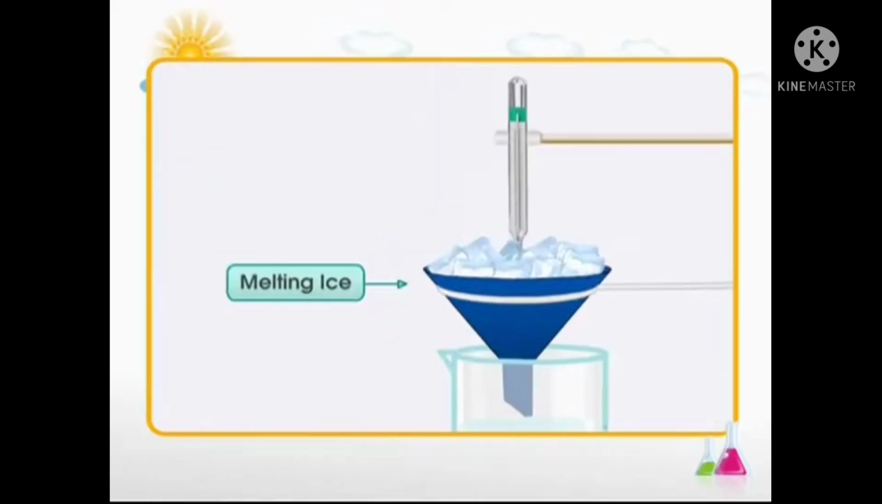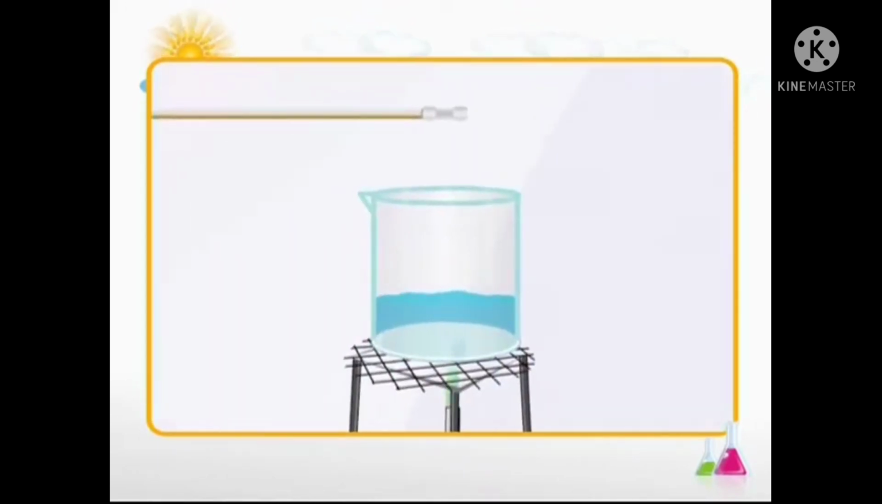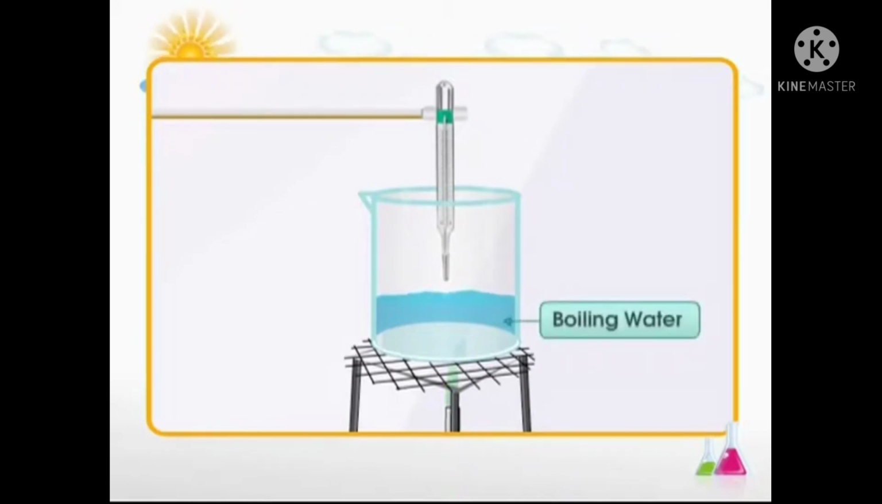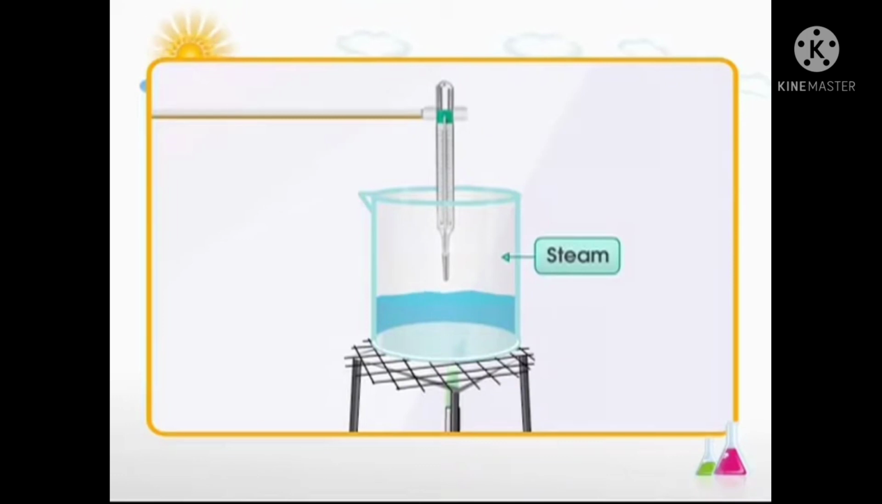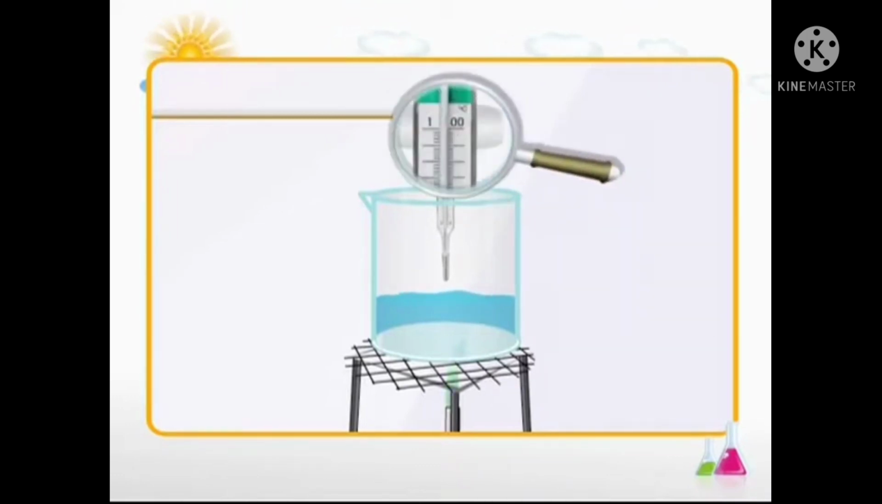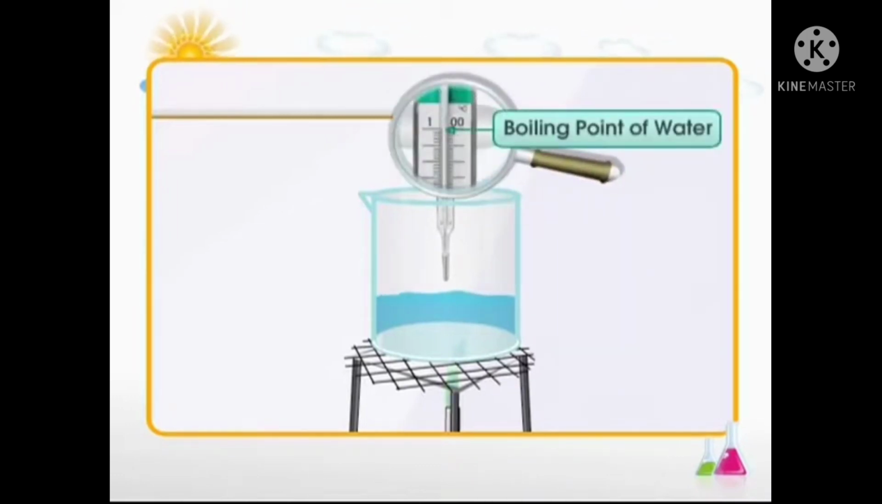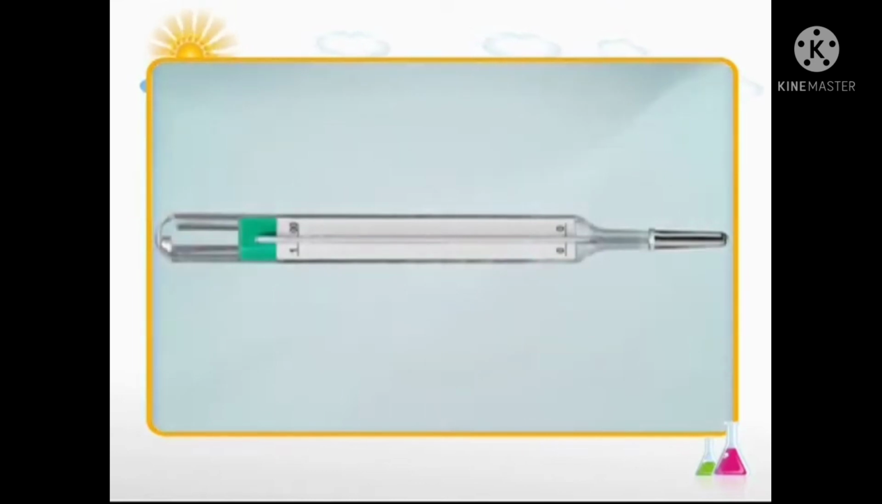Next, place the thermometer in boiling water such that it does not touch the boiling water; that shows the temperature of the steam. The boiling point of water, that is 100 degrees Celsius, is marked as the upper fixed point. The separation between these two fixed points is divided into 100 equal divisions, each representing a temperature difference of 1